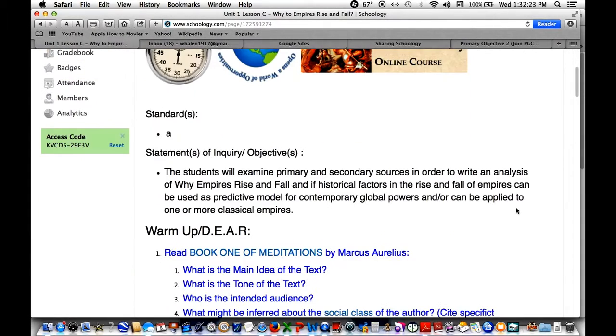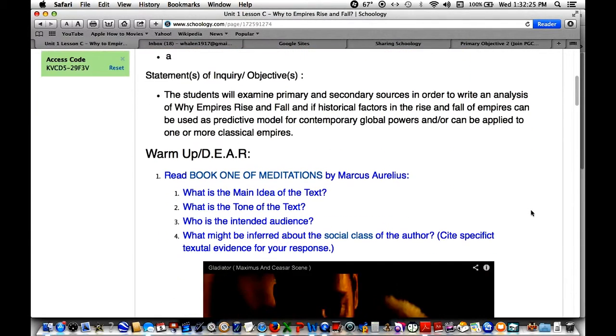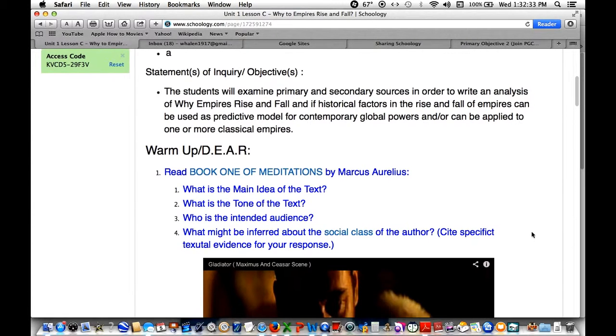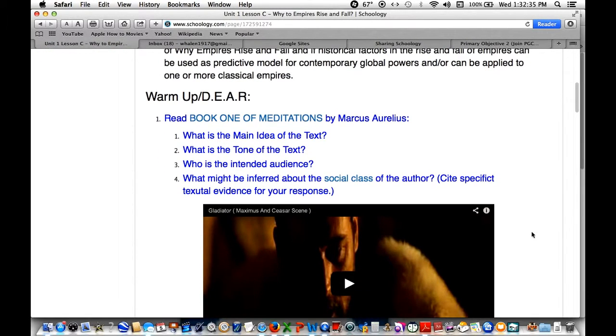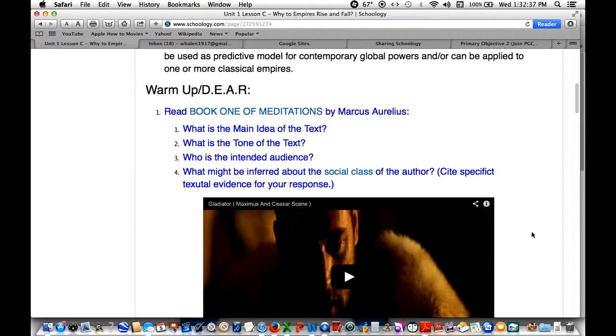on this button here. So we've got our objective, discussing the rise and fall of empires and the types of sources students are going to be learning from. The warm-up activity: in our school we do drop everything and read, so it's 15 minutes of sustained silent reading followed by PARCC-style text-dependent questions to support the literacy focus in Prince George's County Public Schools and to prepare our students for